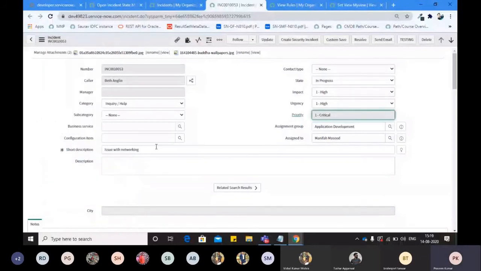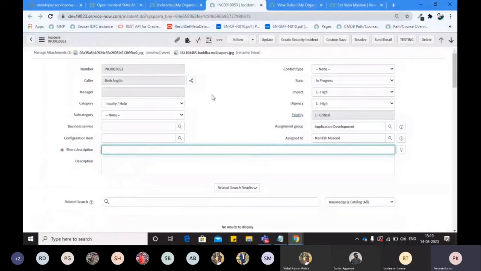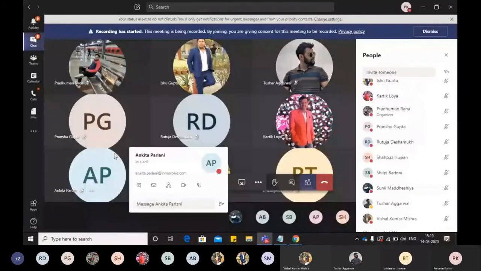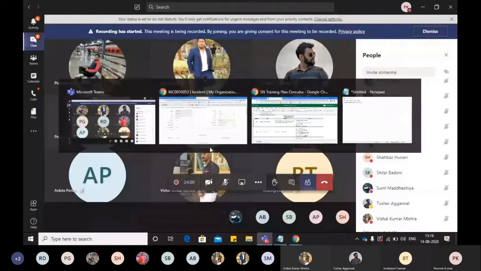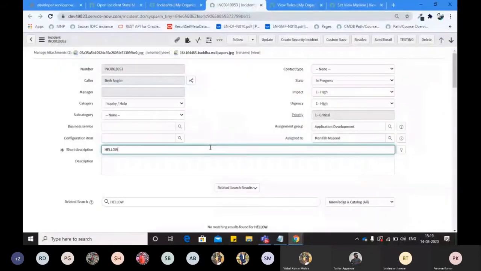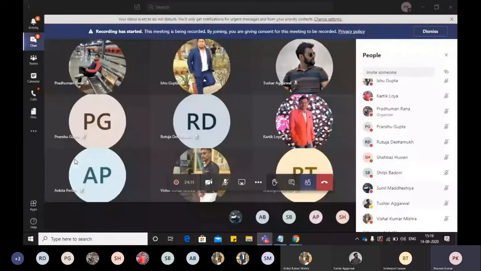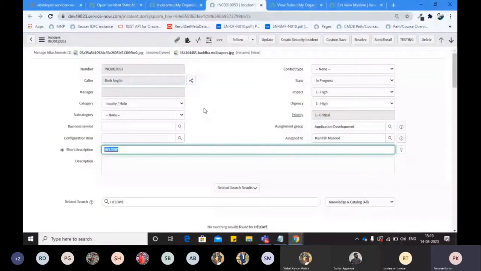Now what we want is, on some conditions, for example, when I type something here, whenever our short description will be hello v, in that case our view should be different.